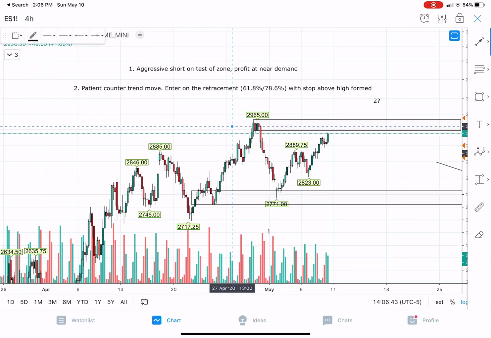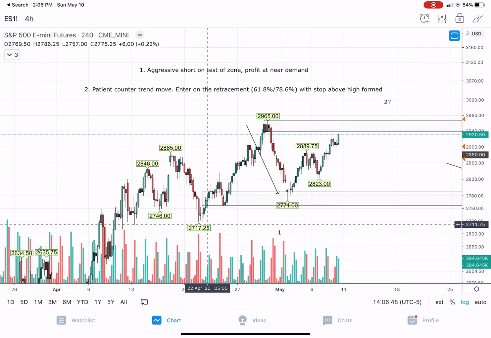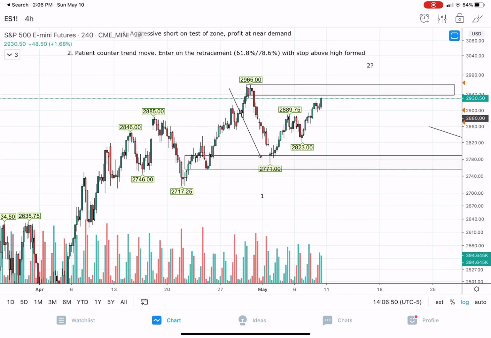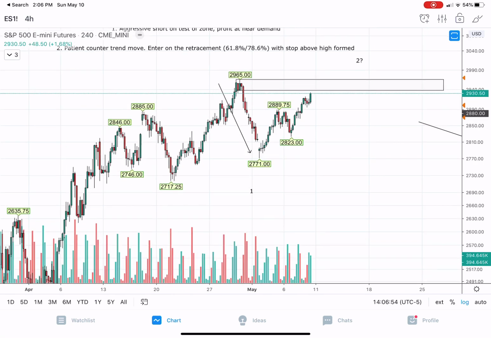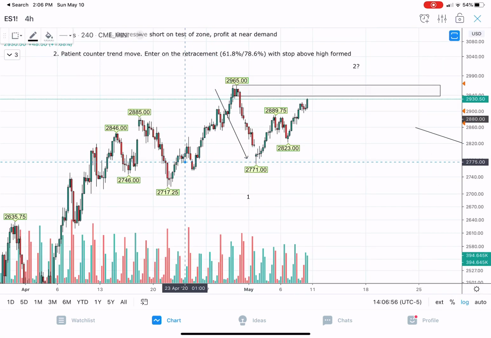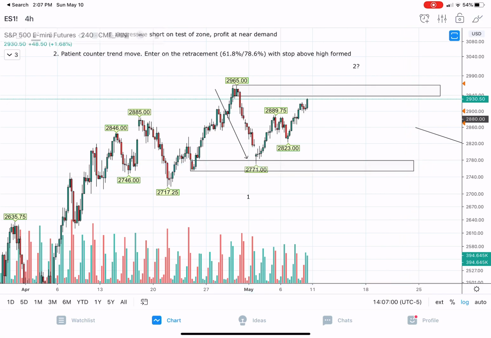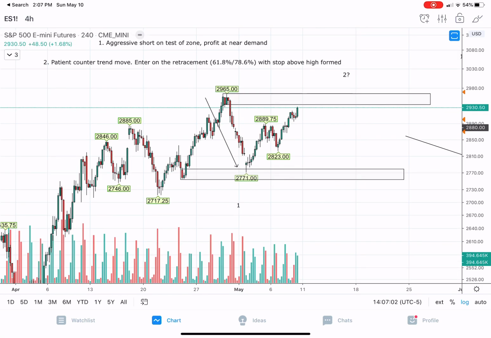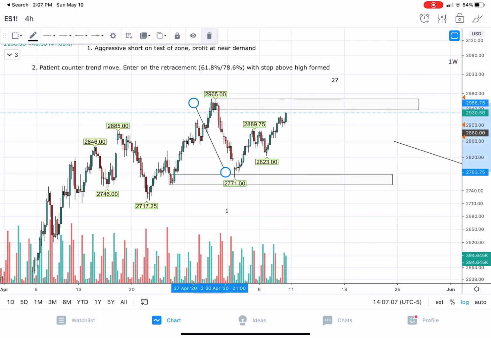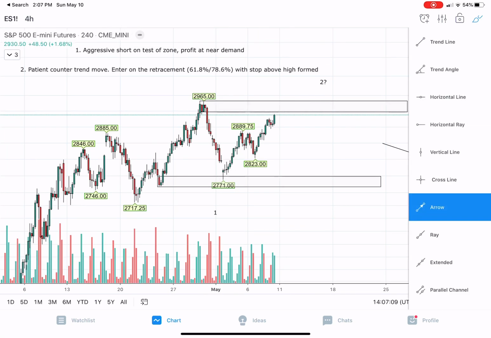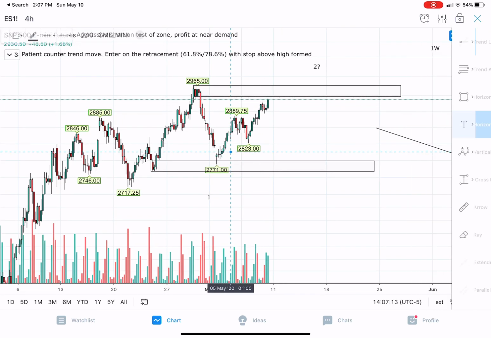So you could have shorted 29.65 on the gap fill, and then you could have taken profit at demand down here, which was 27.77 drop base rally demand, which was the level that we actually took long on the futures market, which was right here. And then I was looking for 290 SPY or 2900 ES, and then you can look for a re-entry up over here with a stop